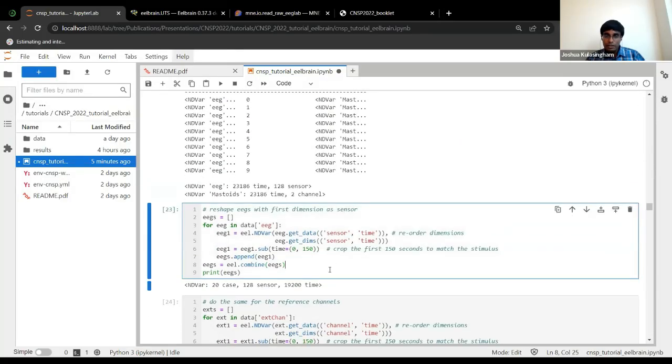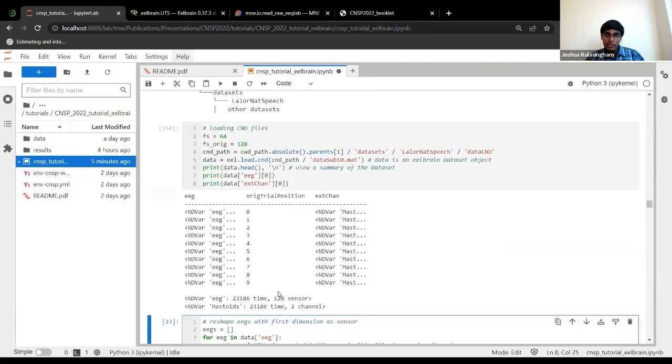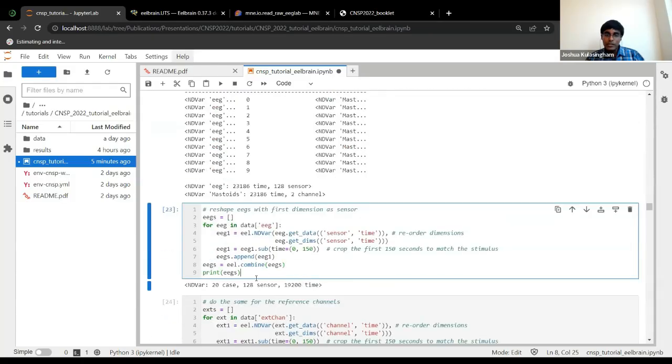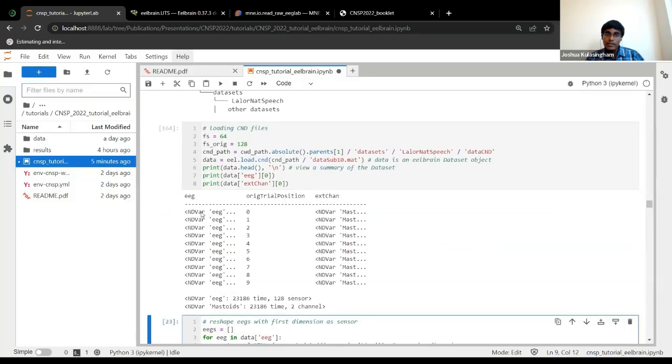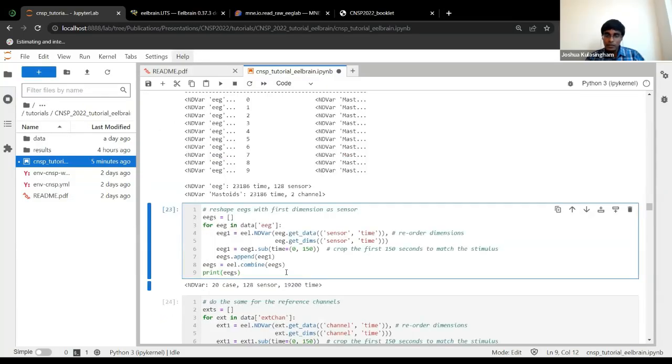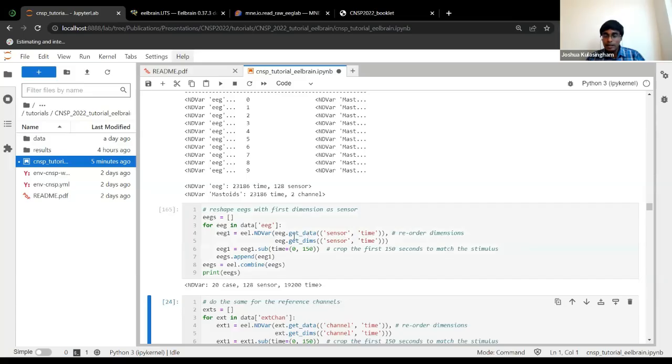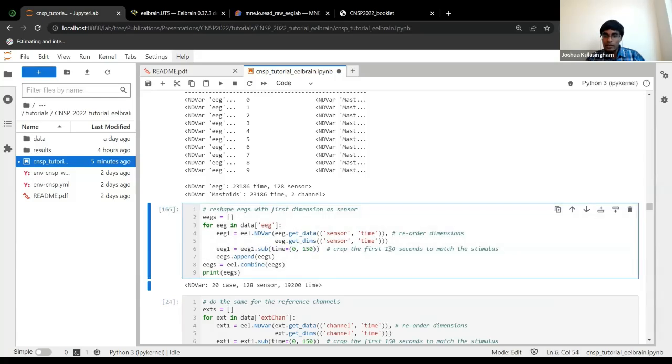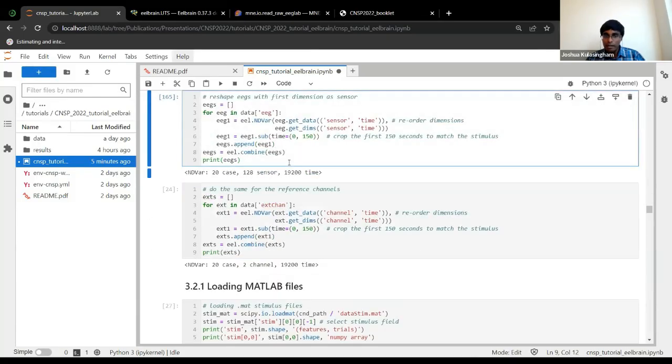So once you have that, we are just going to combine all of this into an NDVar with 20 trials. So there are 20 trials in this EEG data set. I'm also just switching the time and sensor dimension, and I'm doing this in a way that shows you can make a new NDVar, and you can crop some time if you want to, or you can even pad the time if you want to align it with the stimulus and so on. But yeah, once you run this,